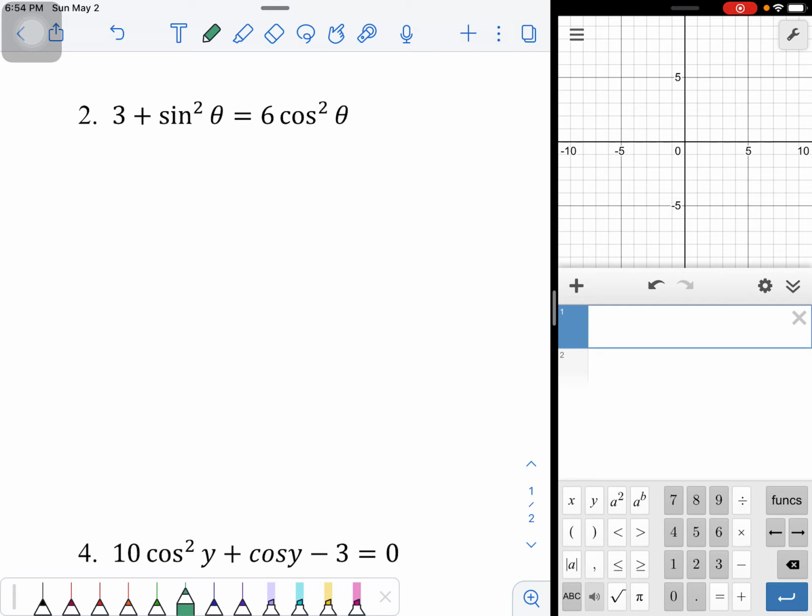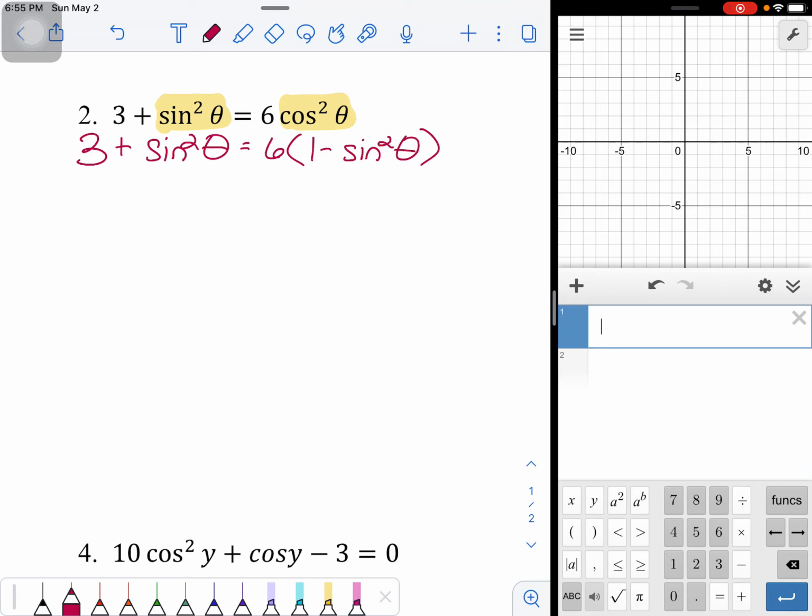All right, so I'm going to go ahead and zoom in on number 3 here. No, number 2. It has a 3 in it, but yeah, number 2. And immediately I see I've got a small problem because part of this problem is in terms of sine and part of the problem is in terms of cosine. It really doesn't matter which one you use to replace, but one of them needs to get replaced. So I'm going to go ahead and replace the cosine term